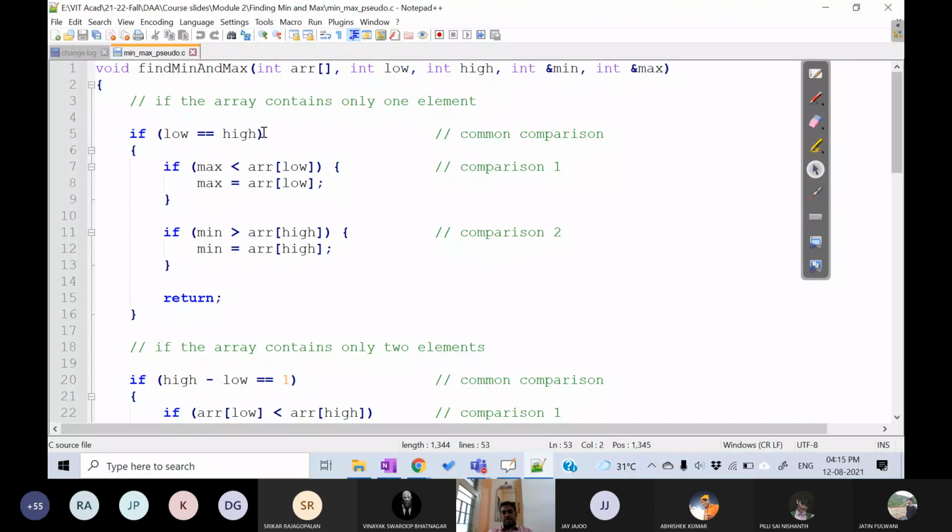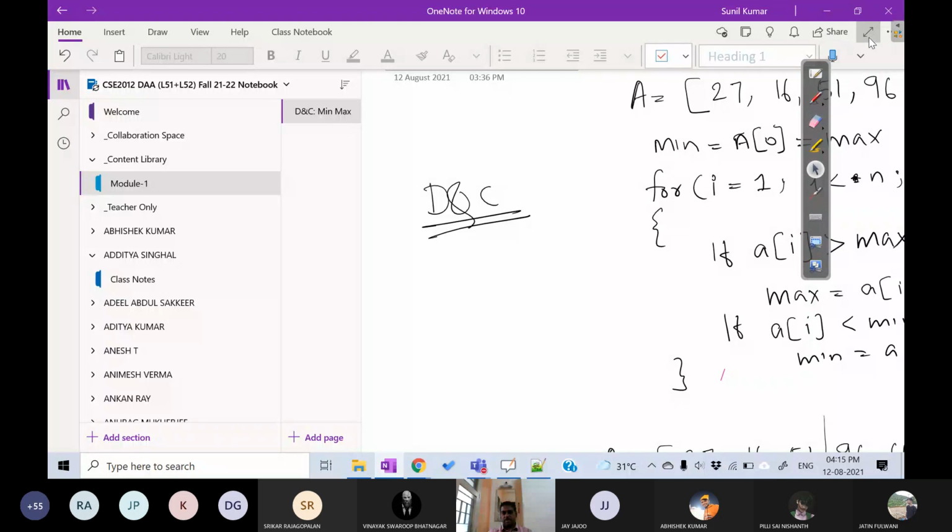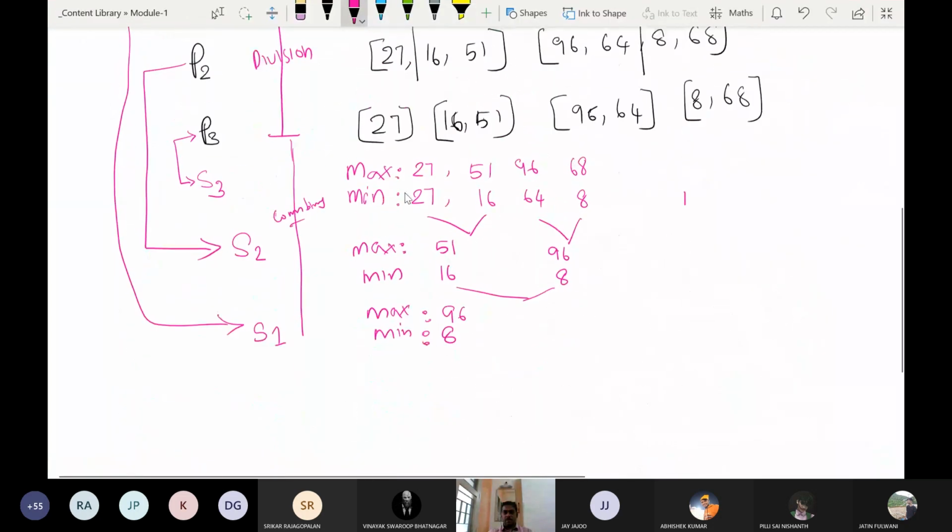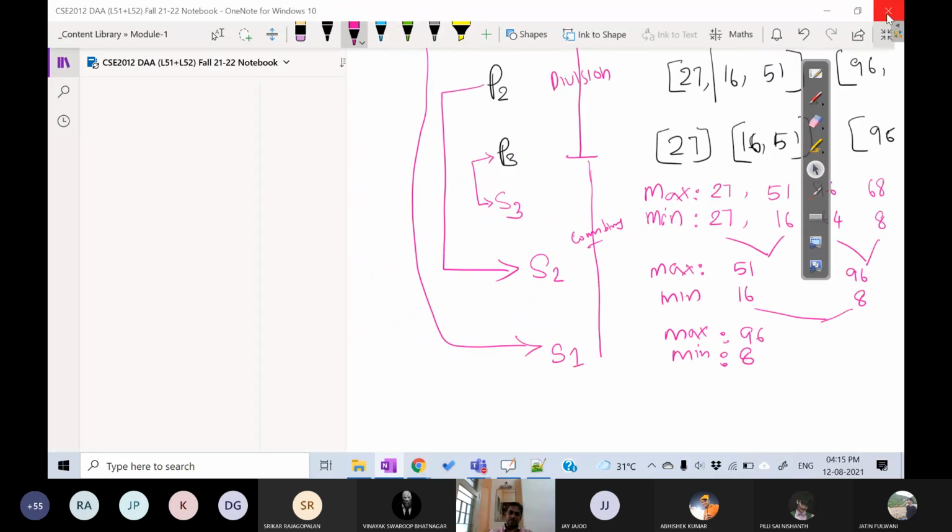So here, what type of situations will we be in? This is one of the situations, that is, you will have only a single element. What is that single element? That single element will itself be the maximum or minimum if it is greater than the current maximum or less than the current minimum. So every time before fixing the maximum and minimum, you need to compare it with the existing maximum and existing minimum. That is important. While writing the algorithm, we did not mention that, but when you write the actual code, this will be there.